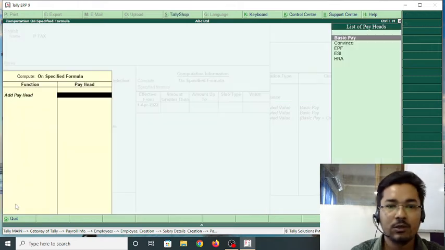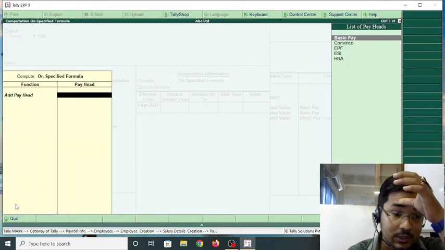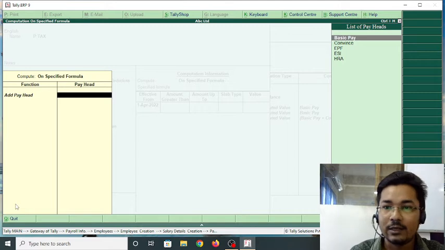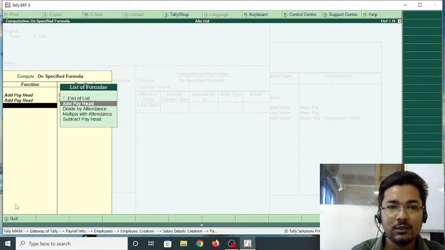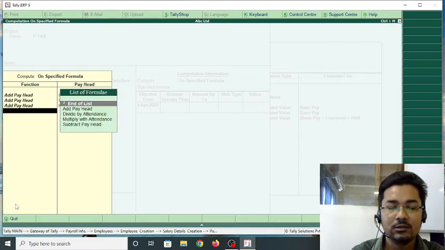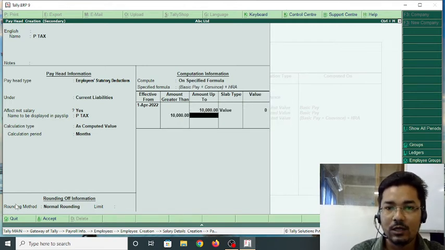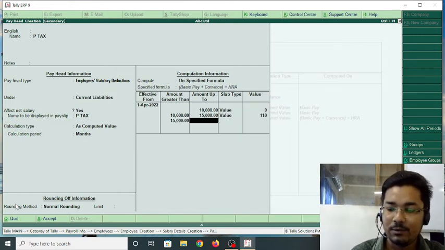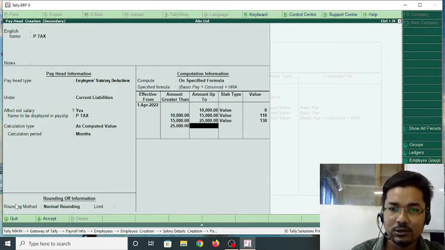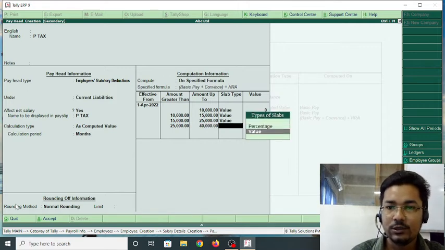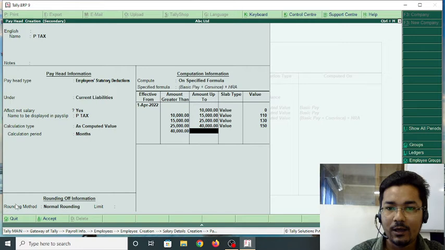Specified formula: basic pay, conveyance, and HRA. After that, up to 10,000 it will be 0, 10,000 to 15,000 it will be 110, 15,000 to 25,000 it will be 130, 25,000 to 40,000 it will be 150, and greater than 40,000 it will be 200.